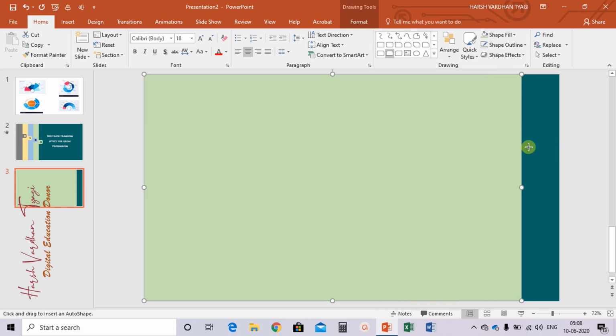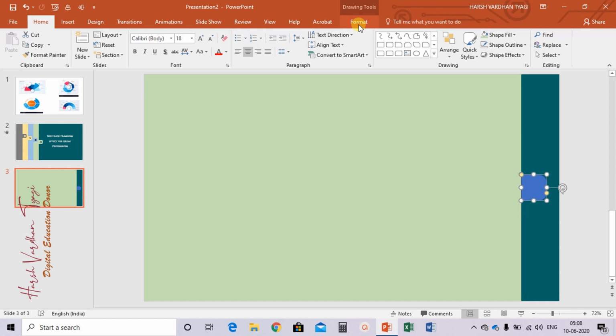Once you select this, draw the shape and make the rounded corners a little bigger, and put it at the center this way.